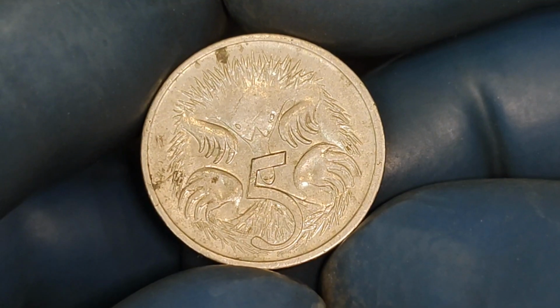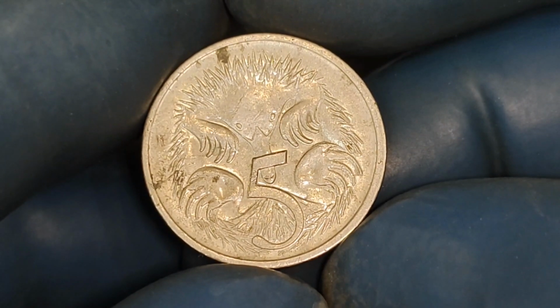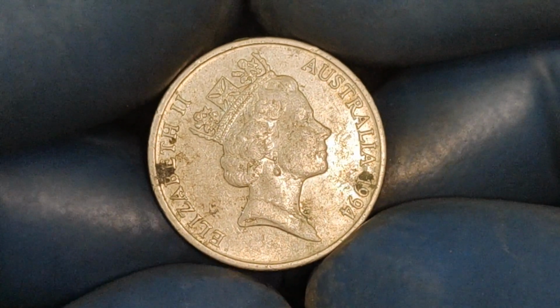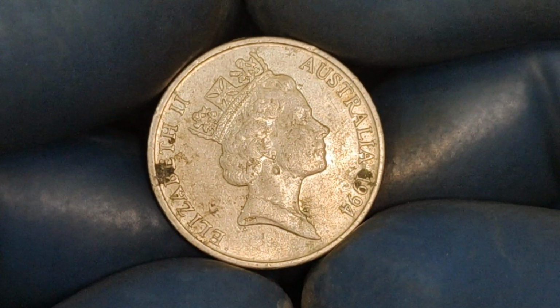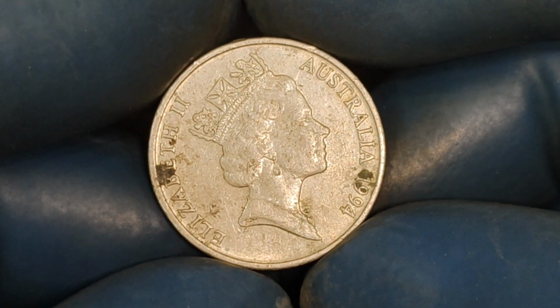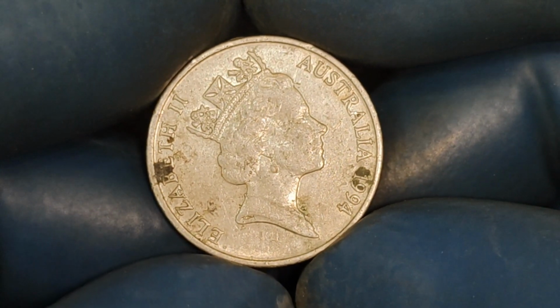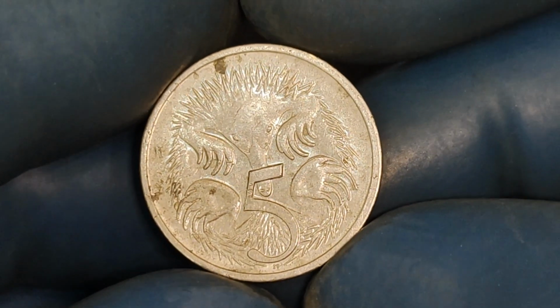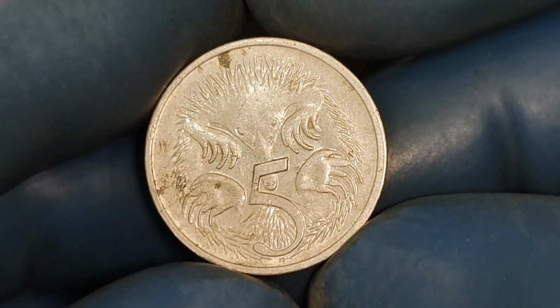When acquiring one, always verify authenticity and condition through reputable dealers or numismatic groups. And remember, coins with unique visual features like toning, spotting, or mint errors tend to appreciate over time, especially when they are preserved properly. In conclusion, the Australia 5 cents 1994 coin with brown spots in very fine condition is